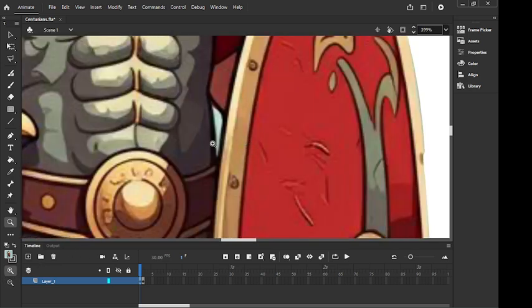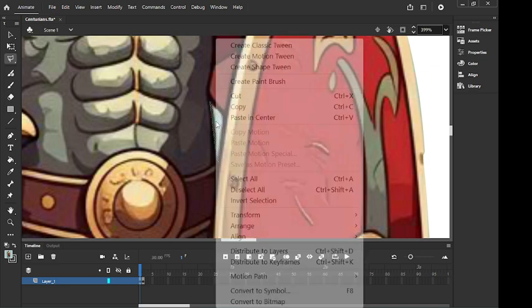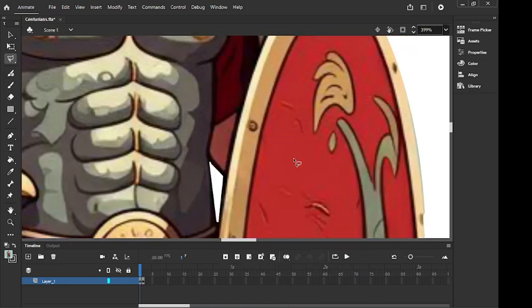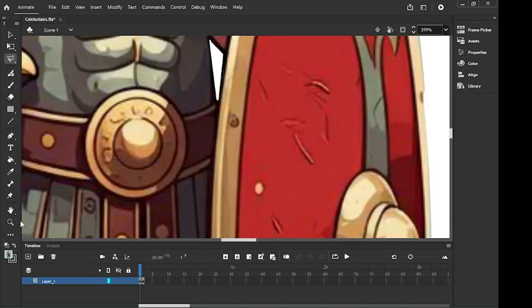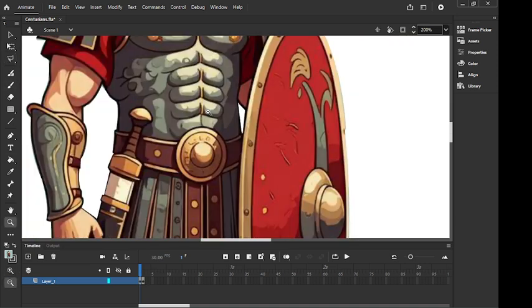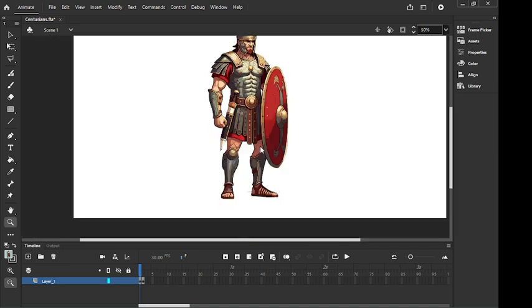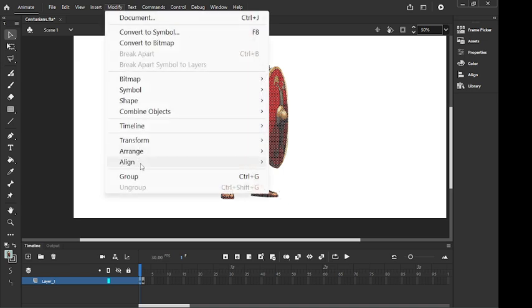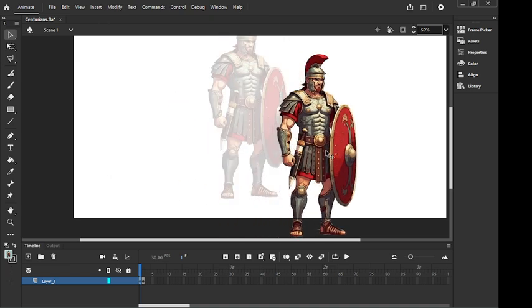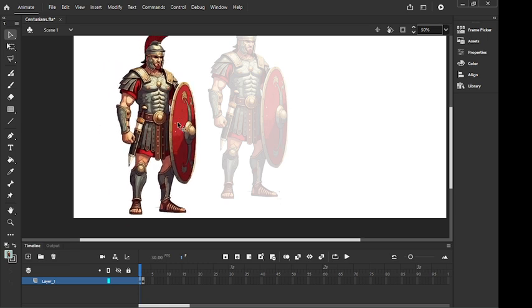Now see, here's another part that goes behind him that I'm going to cut out, that I didn't do with the other tool. So you have these other tools to use, but they're not, by any stretch of the imagination, perfect. So, like, if you wanted to animate this guy now, you would have to break him apart even further. I mean, right now he looks pretty good. I can select the whole thing, modify it as a group, and now I can move him around, so you could be like a centurion,